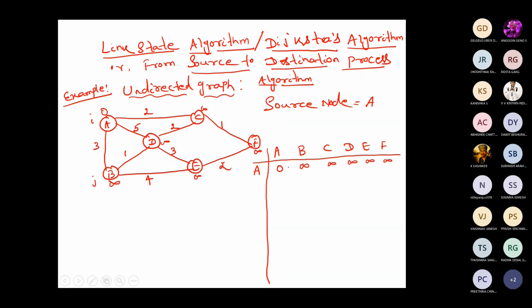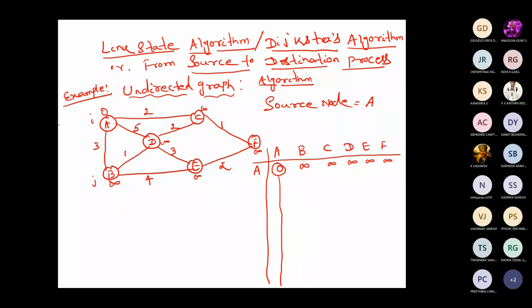Please make it. And one more thing you have to remember here, first thing actually. After entering the values in the table, we have to find out, with respect to that node or that row, which value is minimum, and we have to encircle that value. So here 0 is minimum as compared to all the infinity points. So we have to encircle that value and draw a line straight below. What is the meaning of this? Now we are going one step forward.